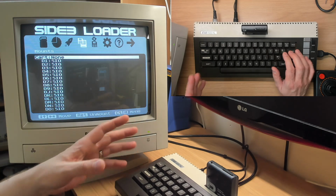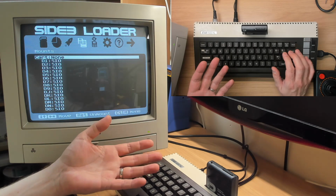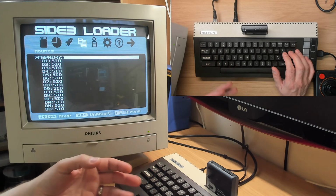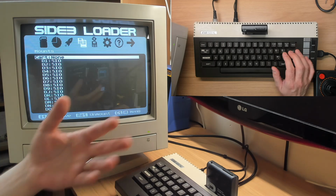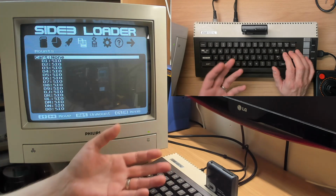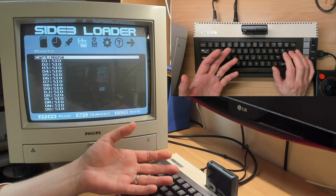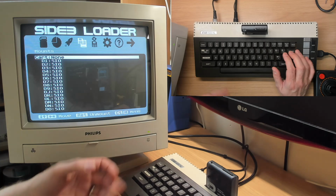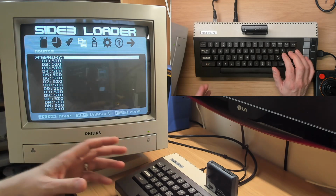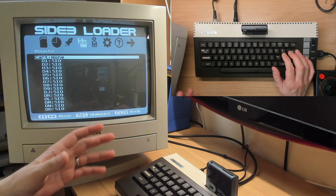There is limited disk image support on the SIDE3 cartridge without any Ultimate 1 megabyte present. Obviously it's much better if you do have Ultimate 1 megabyte, because that provides a PBI driver for the operating system, allows the operating system to natively communicate with the hard disk, therefore you can boot the system from the hard disk. In this case, standalone, which is what we're talking about at the moment, it uses a soft patched operating system which is loaded into